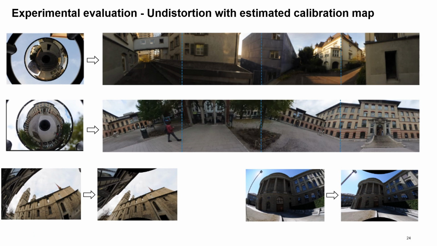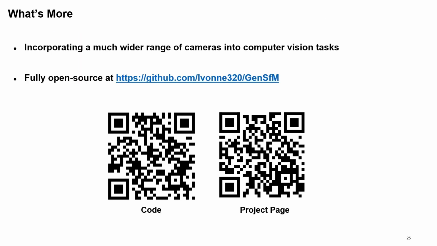To justify our calibration map recovered, we used it to undistort those severely distorted images like catadioptric and fisheye. As we could see, the undistortion goes quite well. We hope this work could help incorporating a much wider range of cameras into